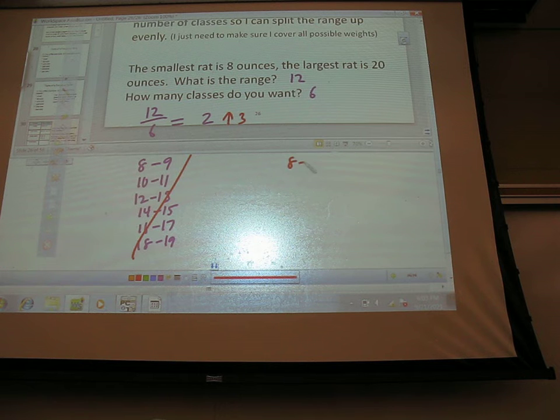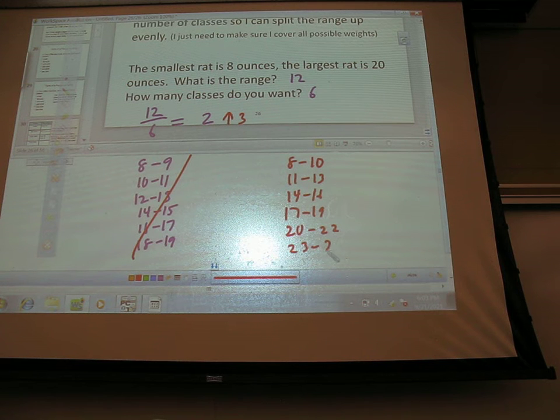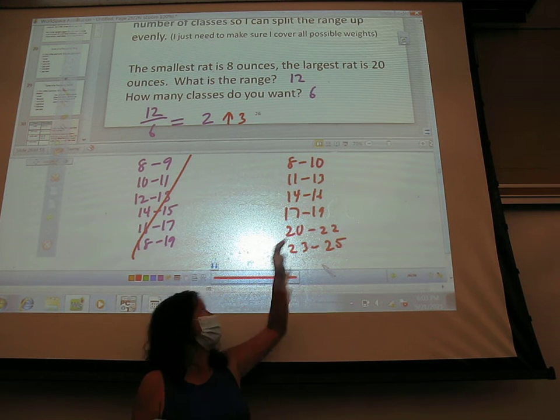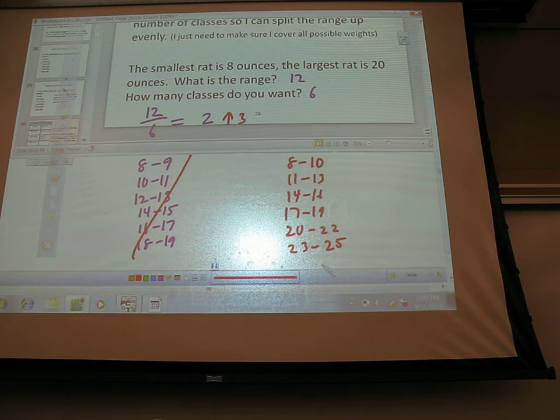So you'd go 8, 9, 10, 11, 12, 13, 14, 15, 16, 17, 18, 19, 20, 21, 22. And then that's kind of weird because then all of a sudden you have no room, 23, 24, 25. Kind of have nothing in the last class. So you might want to rethink and maybe do 7 classes. In real life, you probably would either do 7 classes, or you do 5 classes and stop it at 22. Yeah. So it doesn't matter how many classes you have; it just has to be more than